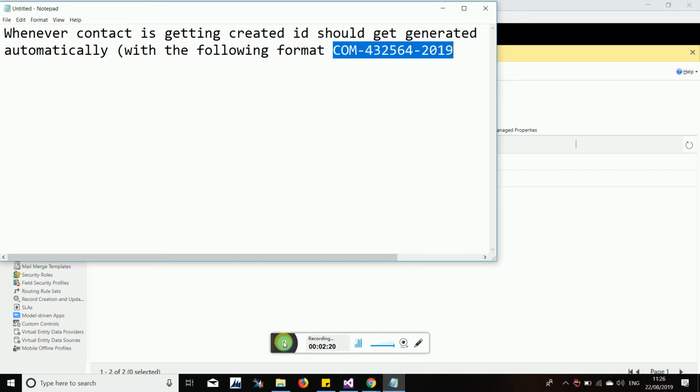What happens? This thing you can do using JavaScript also, right? Because on save of the particular record, you can trigger the script, right? And you can generate the random number also using a script, and you can set the value of ID field. But script will run only on client side. Client side means once a person is interacting only on form, correct?